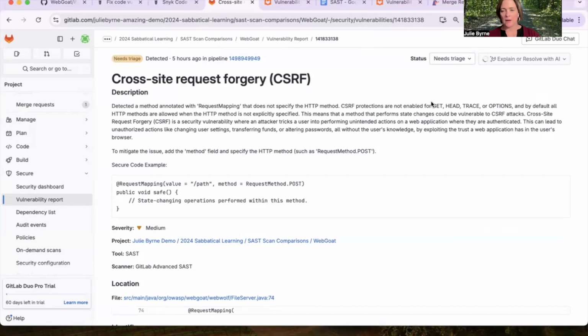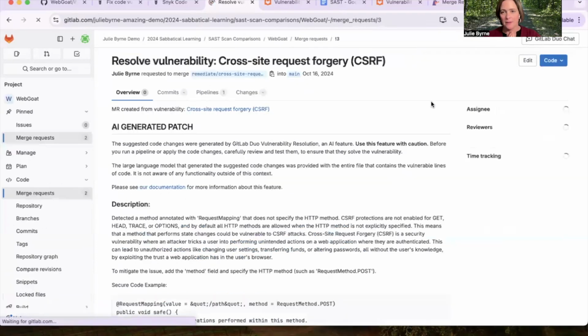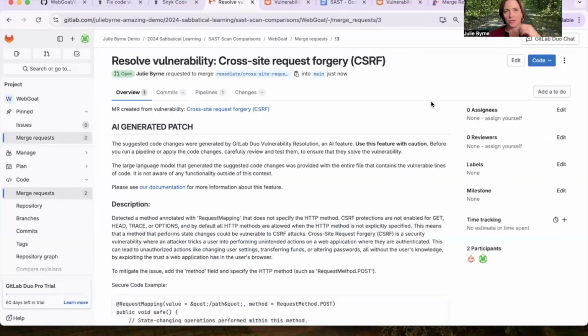So while that is working, I will say that as far as I can tell so far, based on my investigation, there is not the ability to perform these same operations from the IDE. So we have to use the web UI to generate this merge request, as far as I know. If anyone knows differently, please tell me. I've been doing some research today, but haven't found anything yet. The documentation points me to the web UI and the vulnerability report, and then the details page. So here we are,